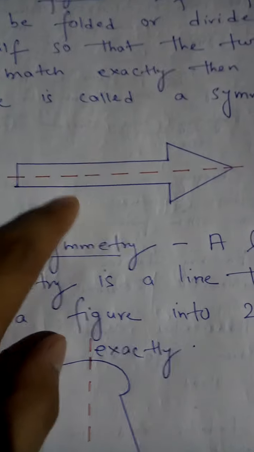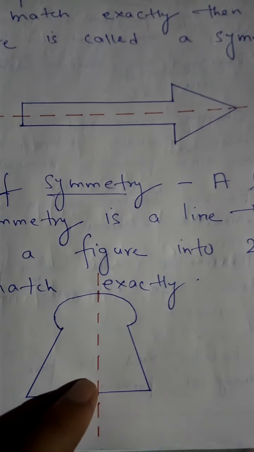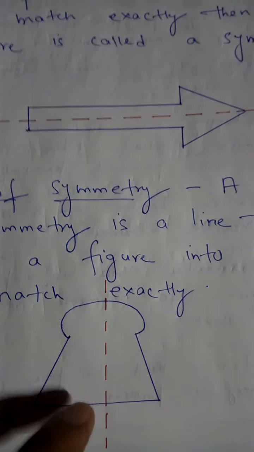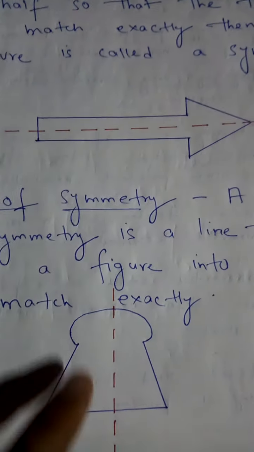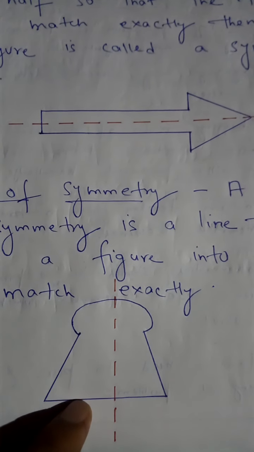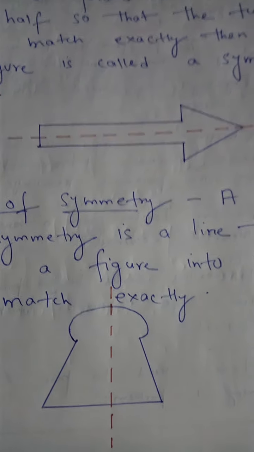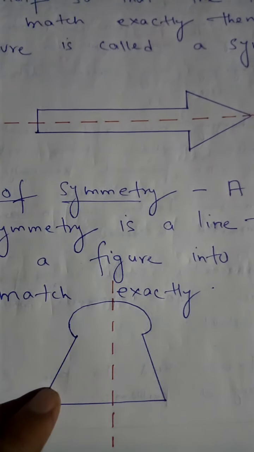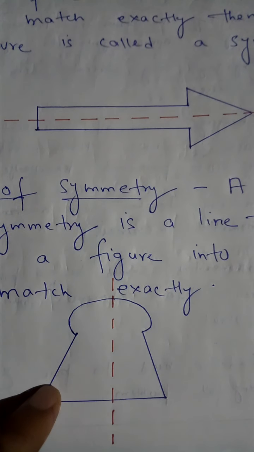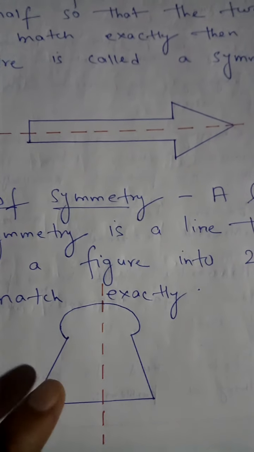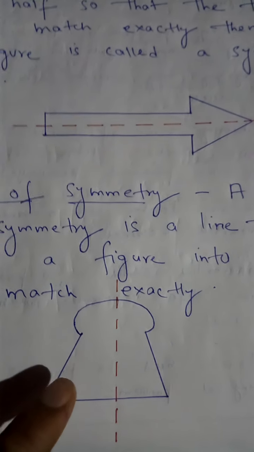Now listen, all these figures I have drawn with pen, but in your copy you have to draw with pencil. For any type of figures, use pencil. And this line of symmetry, you have to draw with dotted lines. Okay, pencil. These two things you have to draw with. Always remember, this line of symmetry you have to draw with dots.